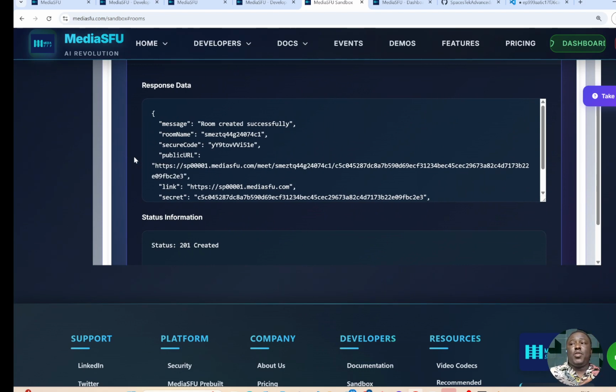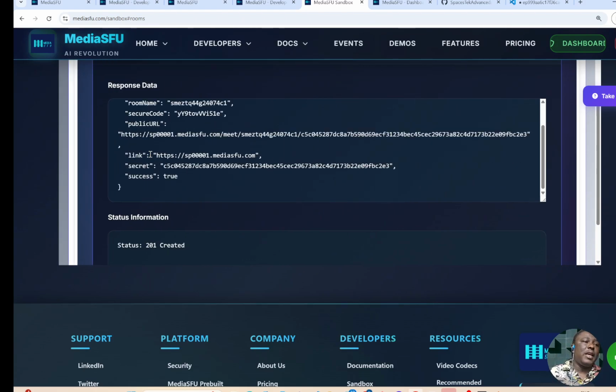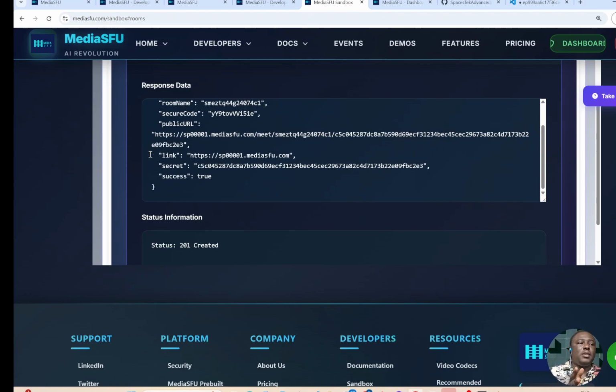And if you're probably doing an iframe embedding, this just comes for you to embed. If you are communicating with MediaSFU's SDK, it kind of takes care of all of this. Just give it your API key and username, and then it creates the room and does the joining for you. If you're building from scratch and you need to establish a separate connection to MediaSFU, then you have things like